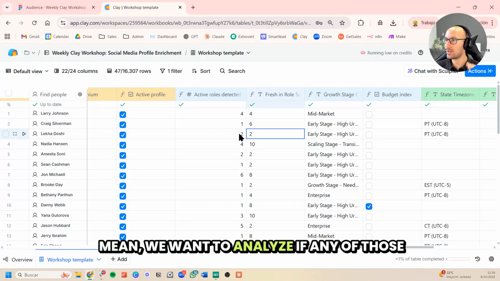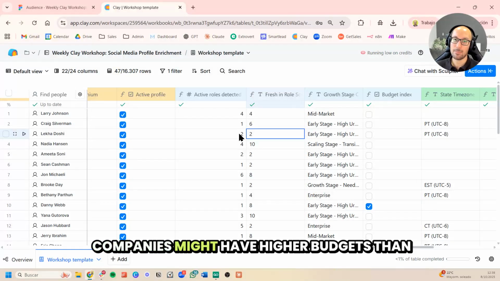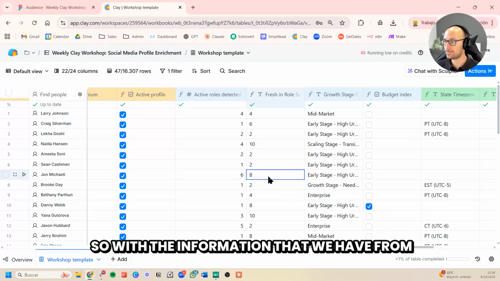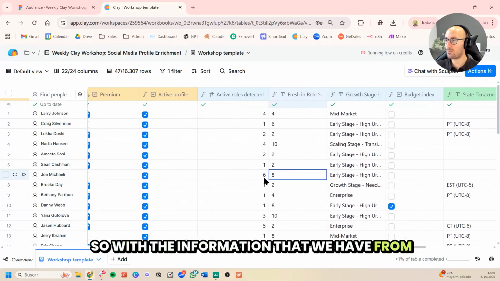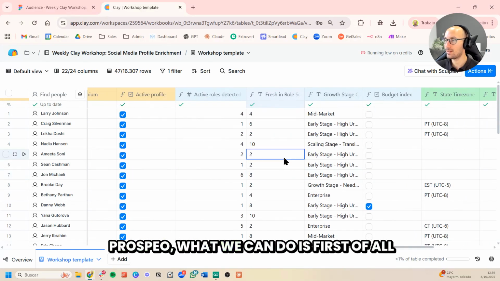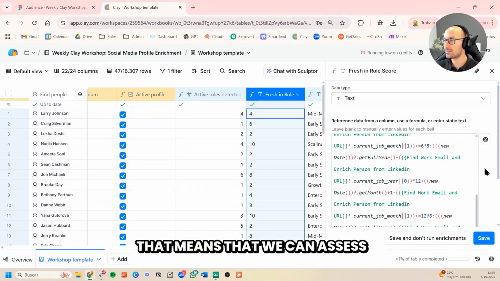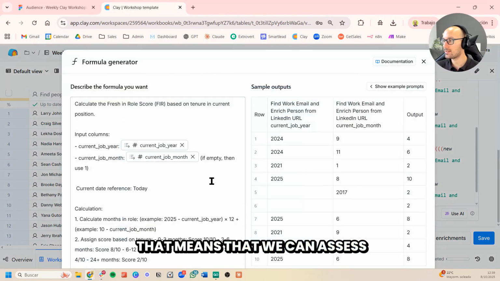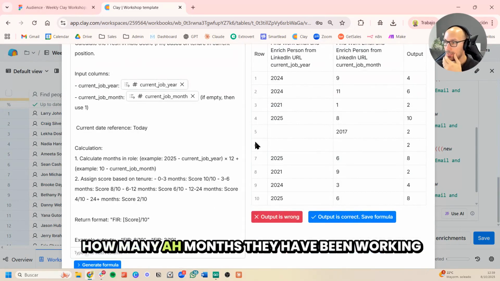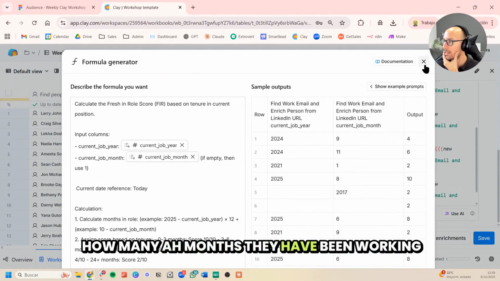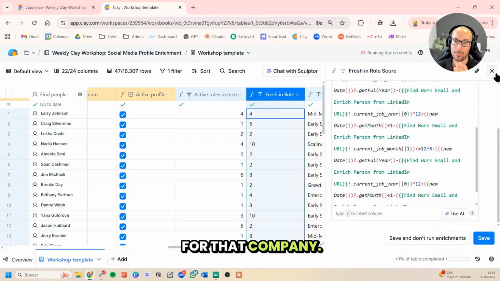I mean, we want to analyze if any of those companies might have higher budgets than others. With the information that we have from Prospect, first of all, we can analyze if they are fresh in their role. That means that we can assess how many months they have been working for that company.